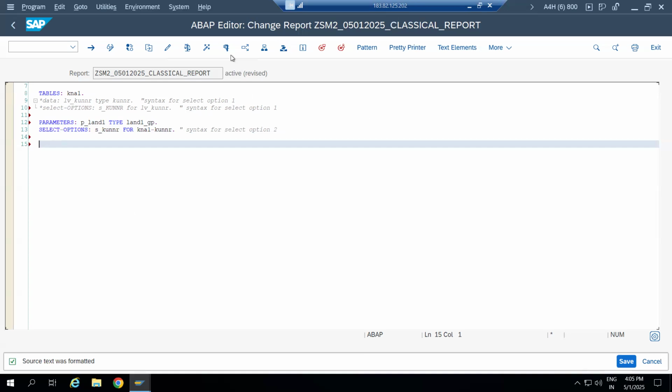In our report, we are using an input screen. One is for country, the other one is for customer number. And based on the user selection, it has to fetch from the customer master table, that is the KNA1 table. So this logic you already know, the same select query we need to write, and the loop statement we need to write. But today we'll learn a few events along with the creation of the report. So you need to know a few events. So those are,